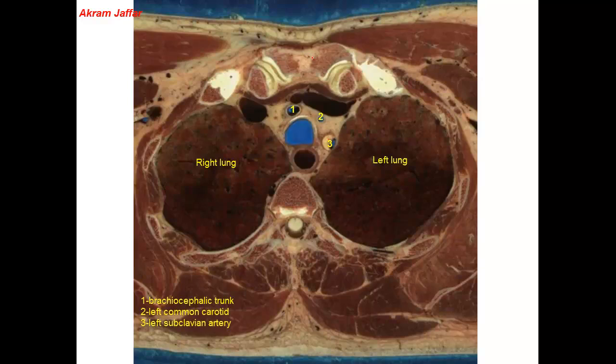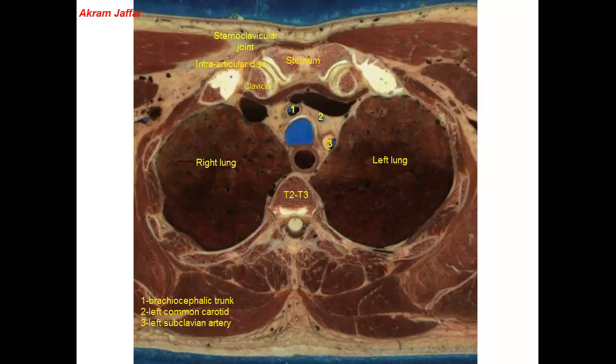This section anteriorly shows the sternum, and it shows the medial end of the clavicle, where the clavicle articulates with the sternum, and this is a synovial joint. You can see the hyaline cartilage at either side of the joint. But within the joint space, there is another cartilage, a fibrocartilage. This is an intra-articular cartilage, which is a characteristic of the sternoclavicular joint. So this section is at the level